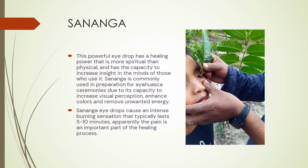Sananga is commonly used in preparation for ayahuasca ceremonies due to its capacity to increase visual perception, enhance colors, and to remove unwanted energy. Sananga eye drops cause an intense burning sensation that typically lasts 5 to 10 minutes. Apparently, the pain is an important part of the healing process. Let me tell you, it is a very intense pain, but once you use the sananga, typically you immediately feel